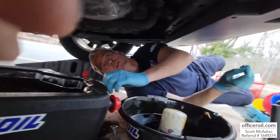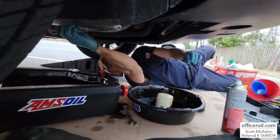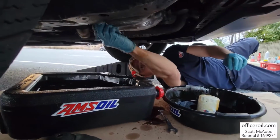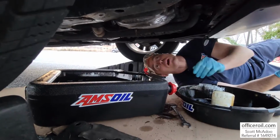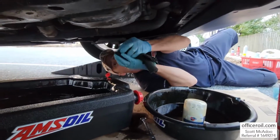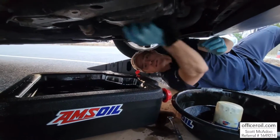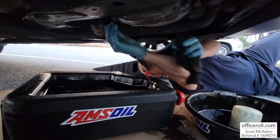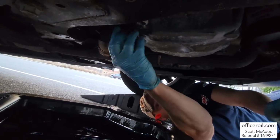All right, so we are still dripping here a little bit. We'll let this drip just for another minute, try to get every last ounce of that old oil out of there and that engine flush. All right, we're back here. It is still dripping just slightly, but we are fighting daylight, so we're gonna go ahead and put on this new one. I am happy with getting out as much